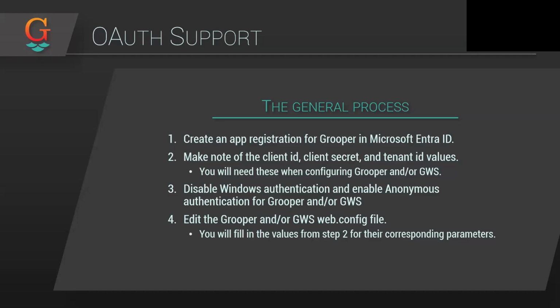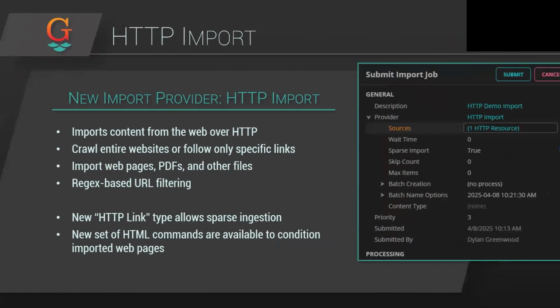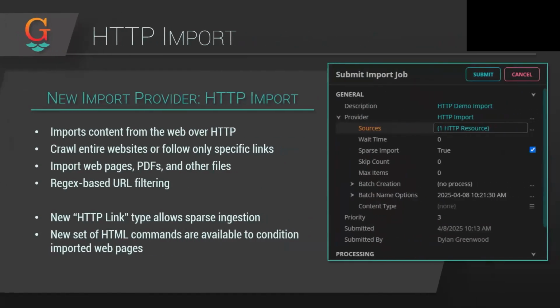Okay, that's it for AI assistants and GWS and OAuth, but there's a lot more. For those of you who are short on time, I'm going to encourage you to go to our Grooper Wiki and check out our What's New in 2025 article. This has all the information we've covered and more, quite frankly, because there's a lot of stuff that just got packed into this version through the development cycle. One of them is a brand new import provider. HTTP import is a way of importing web content, basically anything from an